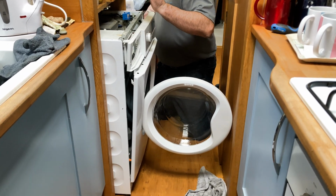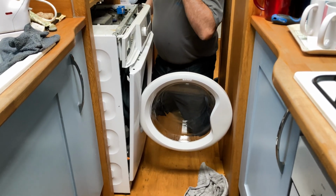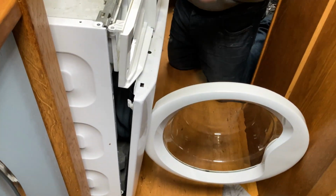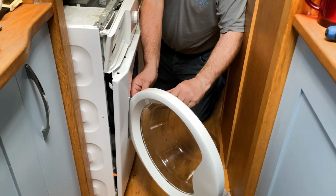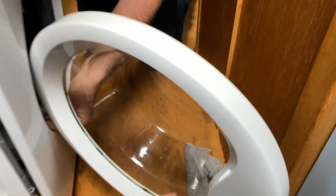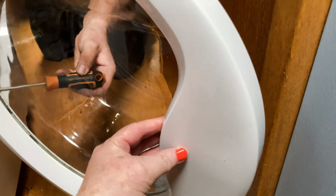Which is easier said than done. So this is the fun part. Yeah. What screws are you after now? Well, those two that came out of there, I think I put them up here. You put them behind. Right. Let's see if we get the door back on. That'd be one thing. Shall I try it? No, that's what we're going to do before I...